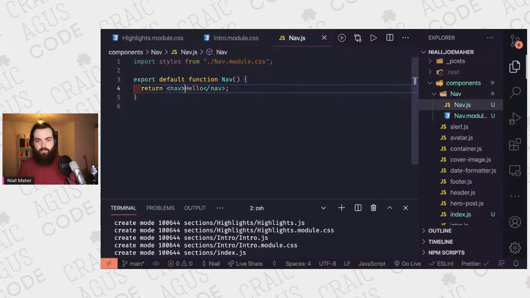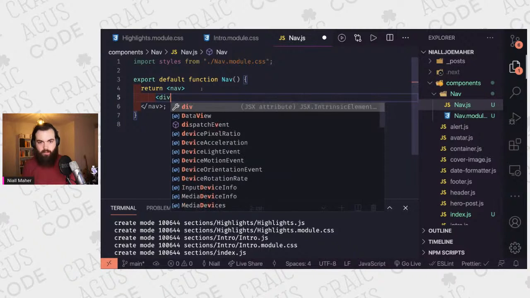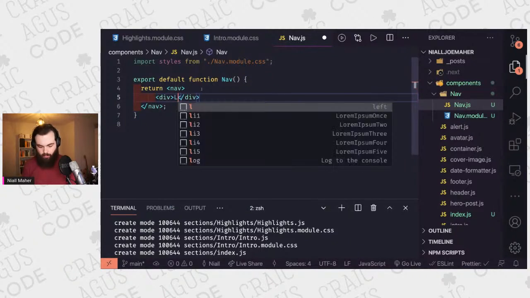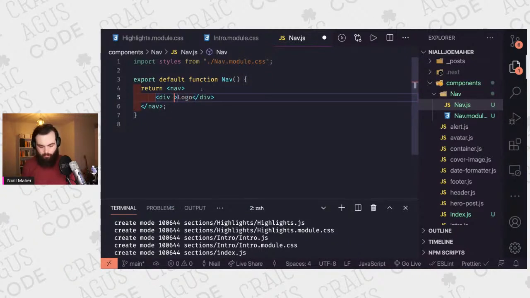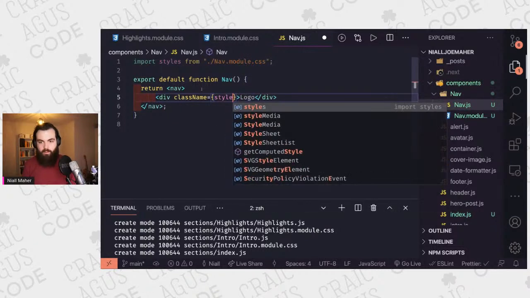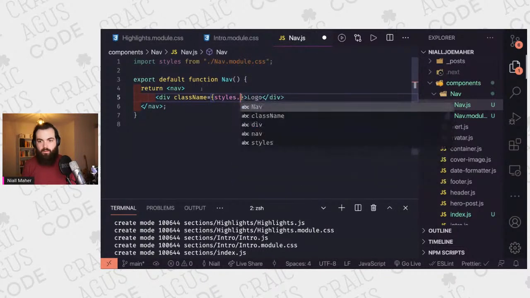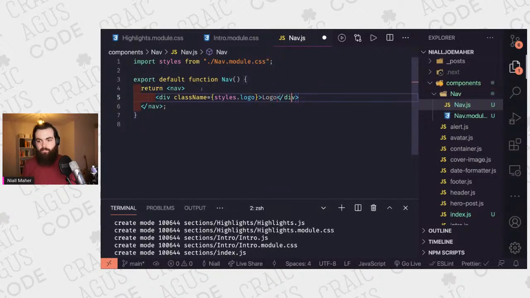We need to have the, what do we need? We're going to put a div for, we'll call this logo for the moment. I'm going to give this just a random class name. We'll replace this with an image afterwards. Class name is going to be styles.logo. And then we're going to have a group with,